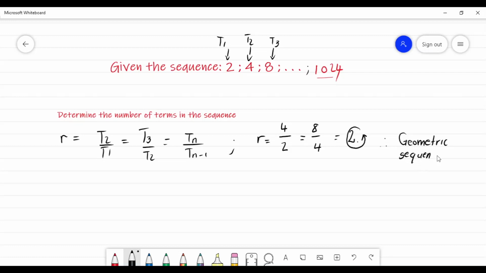The question is asking us to determine the number of terms in the sequence. Before we can even determine the number of terms, we need to start off with the general equation of a geometric sequence, which is A times R to the power of n minus 1. Because we found that our common ratio is equal to 2, we're going to substitute that into our equation. And because we also know that A is equal to your first term,